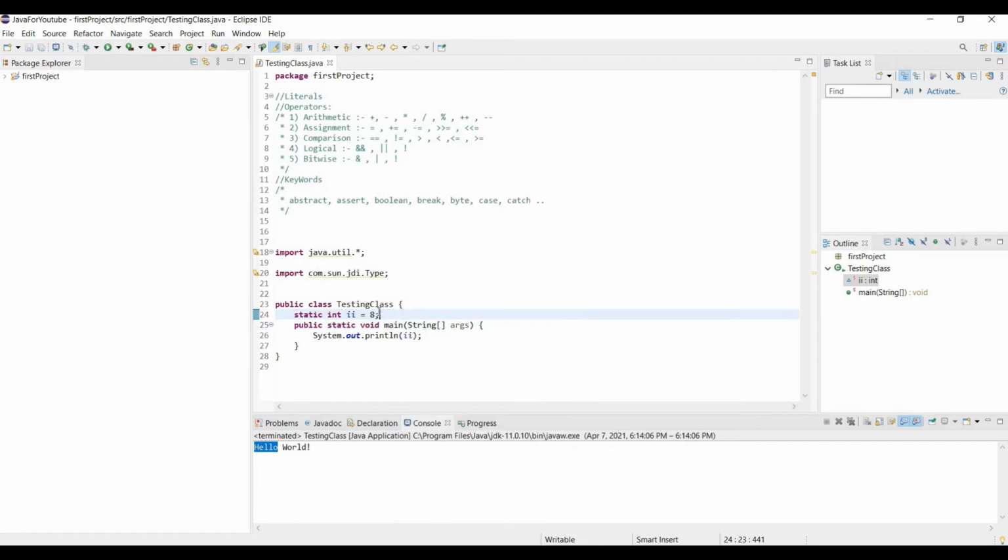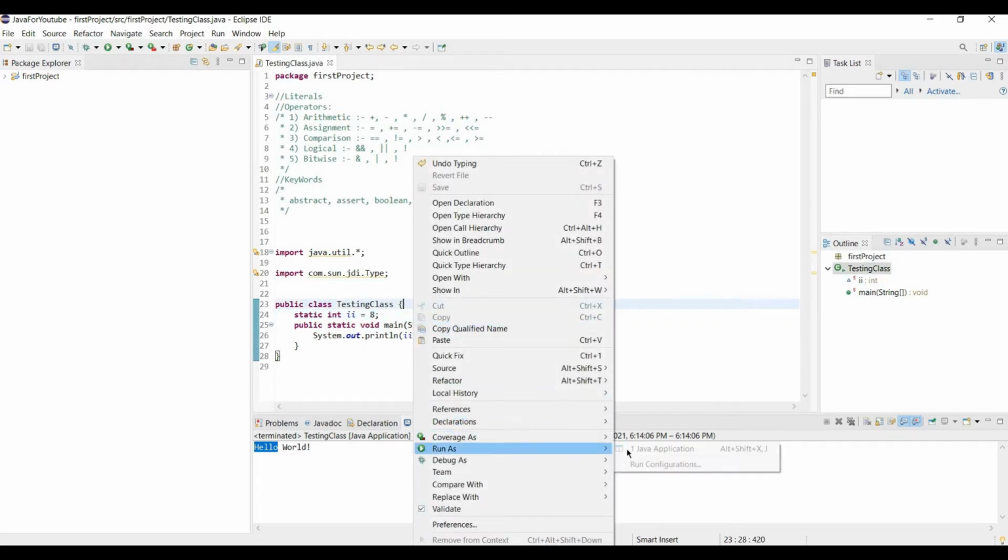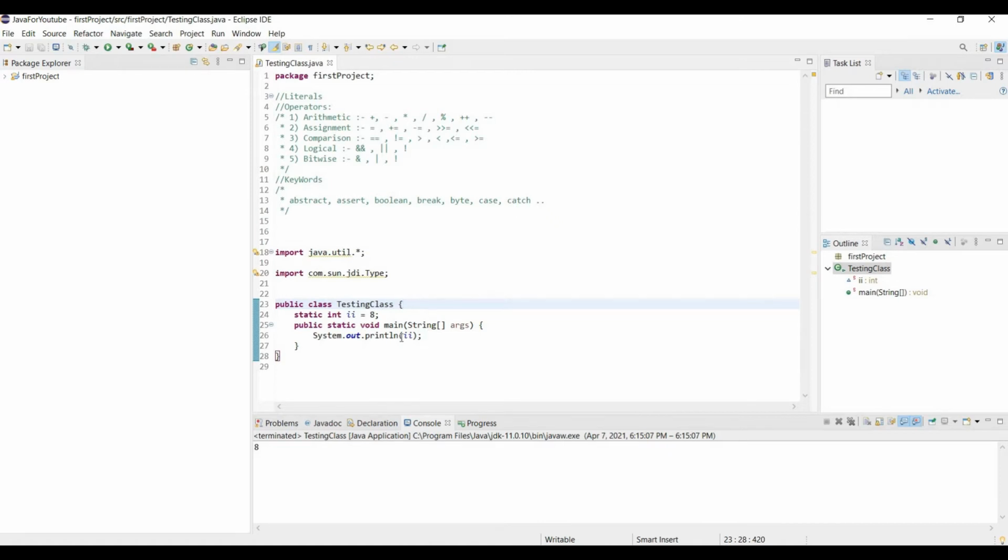So here the 8 is the literal. I just said that literals are constant. The values that you give to the variable are known as literals. This question will not be asked in your interview or anything, but you must keep in mind what a literal is.